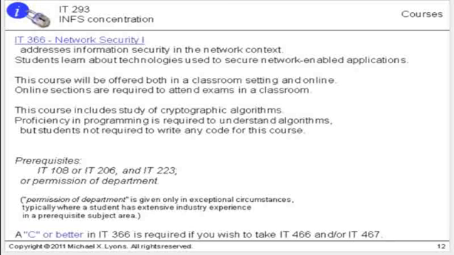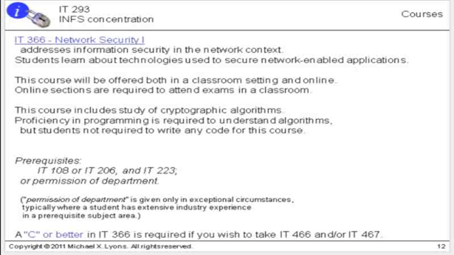IT 366 is called Network Security 1. And here we focus on information security, particularly in the context of networking, network-enabled applications. So many of the applications we use today, particularly computer-related things, but if you think about things like using a cell phone to make calls to voice, to send text messages, to check things on the web, Twitter and Facebook and YouTube and all that stuff that we do, email and so on, all require a network, typically the internet or a similar technology. So in this course we talk about the technologies in that environment used to provide certain types of security,